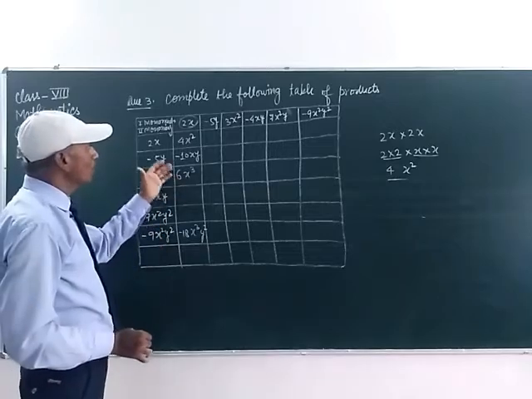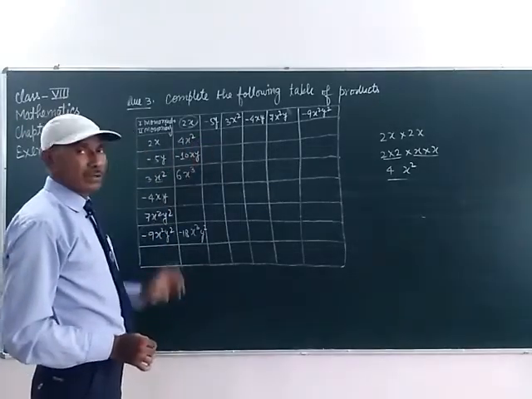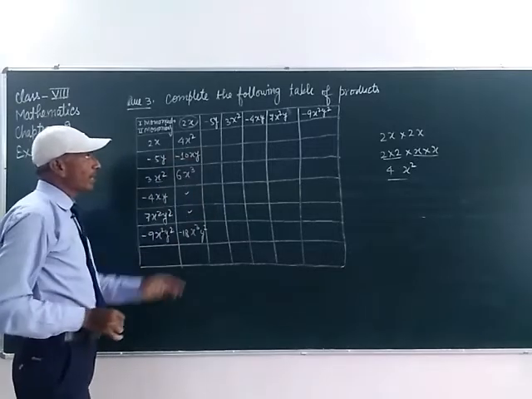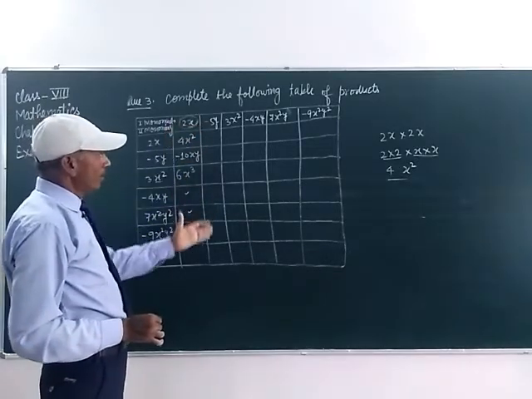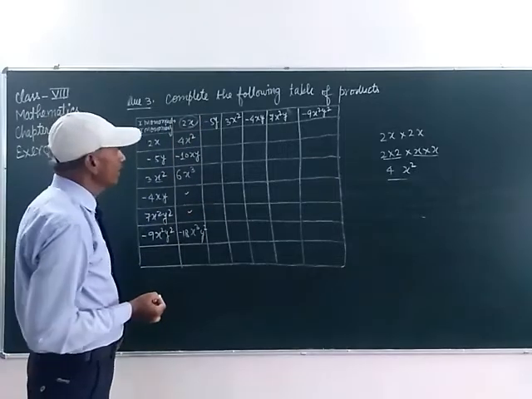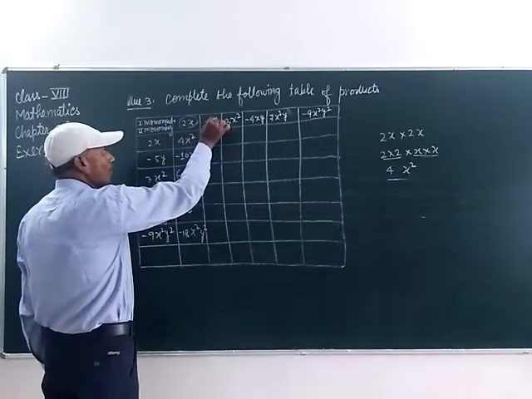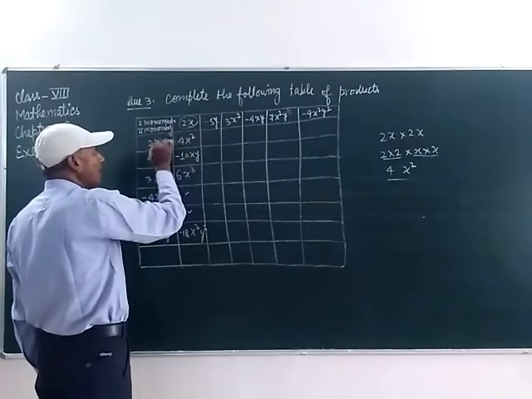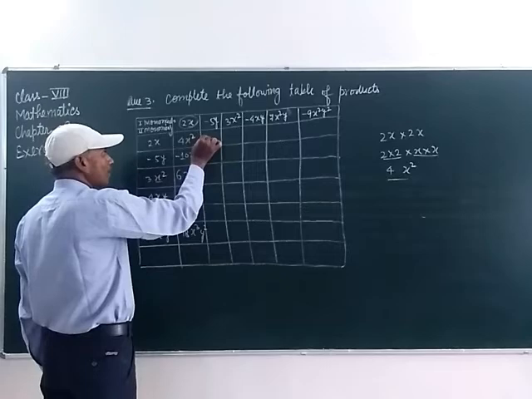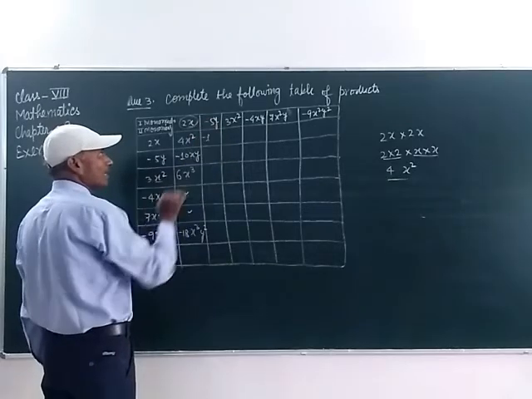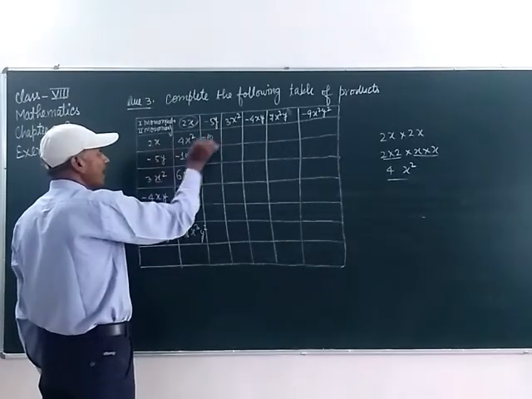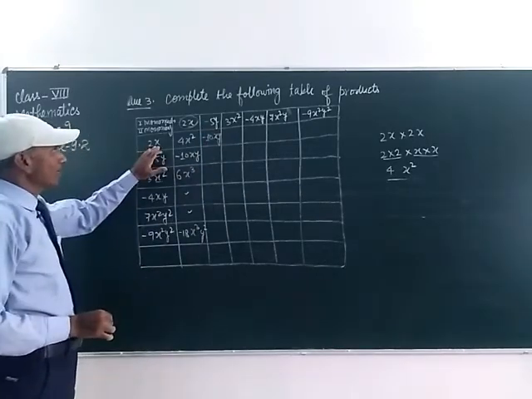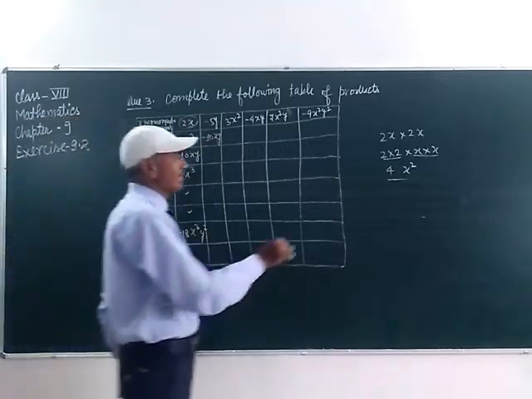Now we have to solve this second row, student. These two parts you have to do yourself, student. And in this second column, student, this minus 5y, you have to multiply by this 2x. 5 times 2 is 10, and this one will be minus 10 because 5 is negative, so minus 10xy. Clear, student? Because this one is x and this one is y, like this, student.